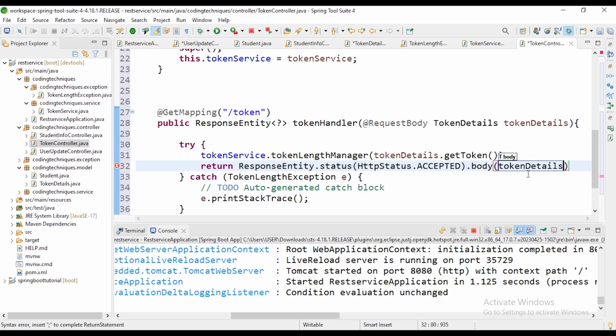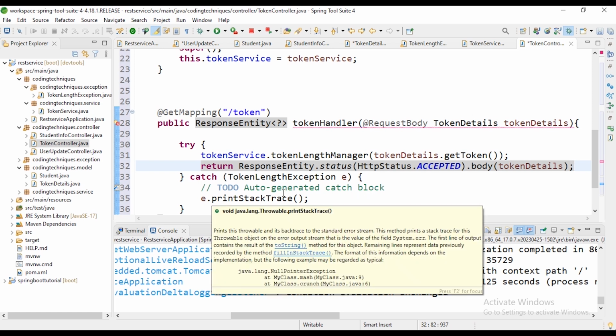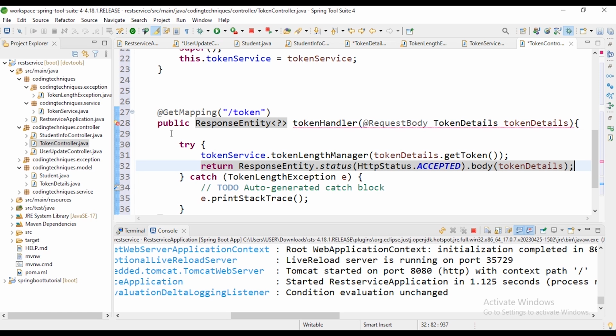Okay, token details. So in case it throws an exception, what we will do is let's create another